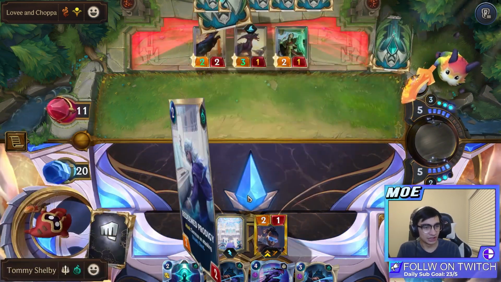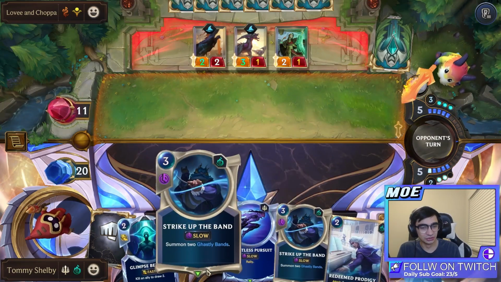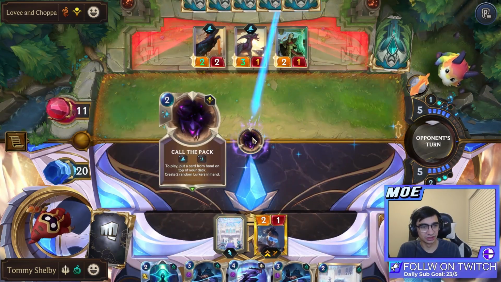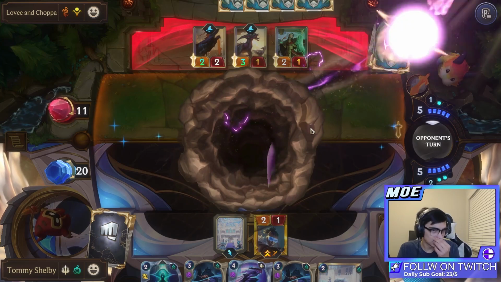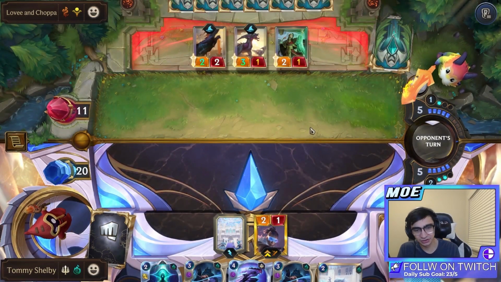So the really funny thing is that we can play this Strike Up the Band here, and if they only attack with one unit, we can rally. We can still force getting our Lucian rally here. Okay, so we're putting something on top. It's either going to be Rek'Sai or Pike, I assume. I always assume it's going to be Rek'Sai or Pike, so